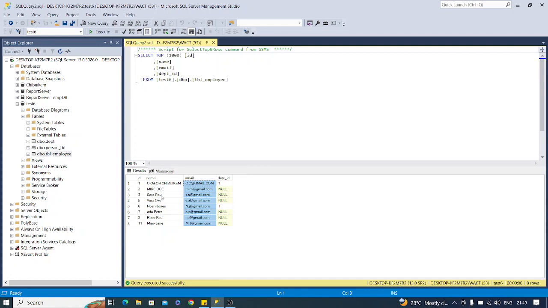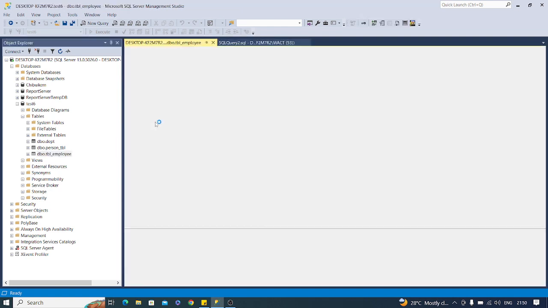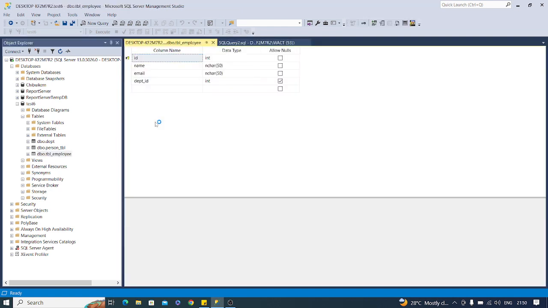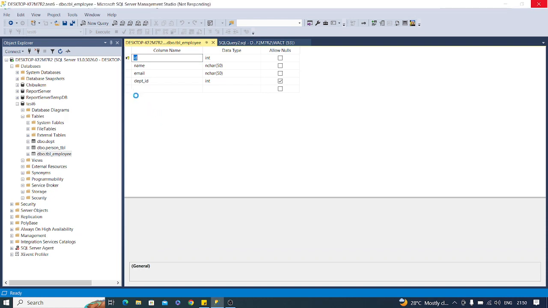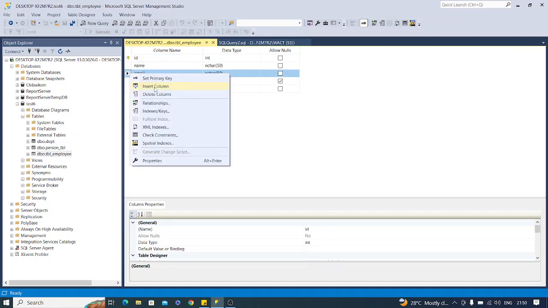So to do this graphically, first we will right click on the table that has the column we want to make a unique key, and we'll click on design. When we click on design, then we will have this. Remember, we are making the email column the unique key. So all we need to do is right click on the email column and click on